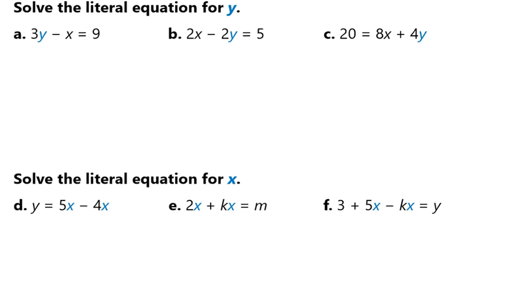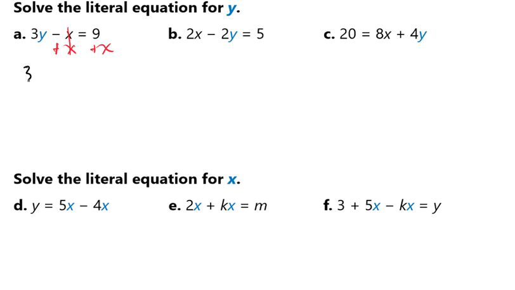In this video, we're going to practice solving equations for a single variable. In our first example, we have 3y minus x equals 9, and we're trying to get the y by itself. So to do that, we're going to move our x over, so do the inverse operation, and that's going to